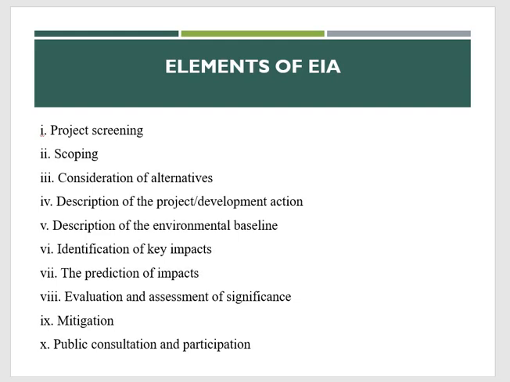Now the fourth step is the description of the project or the development action. This is actually to clarify the purpose of the project and understand its various characteristics, the different stages of the project or the development, and location of the project and the process involved in it. And the fifth step is description of the environmental baseline. This step is to understand the present and the future state of the environment, that is the state of environment in the absence of the project, and the future changes in environment due to the human activities.